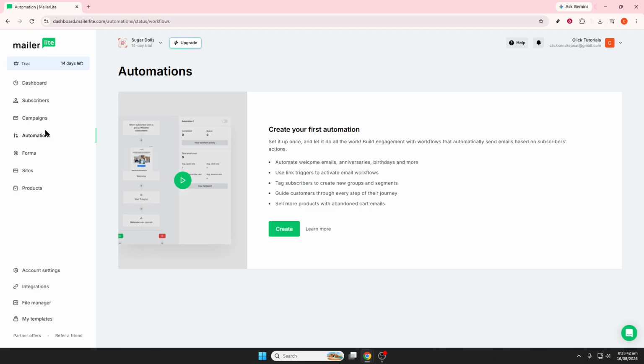Then review the campaign details and either send the email right away or schedule it for a later date and time. To build an automated sequence, go to Automations and select Create Workflow. Choose a trigger like Joins a Group,